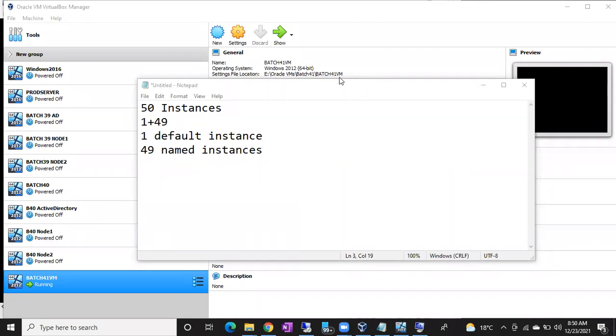The default instance server name will be your computer name. As your computer name is not shareable, imagine if I could install one more default instance. While connecting to SQL Server in Management Studio, if I just give the computer name, which instance will it connect to? Difficult thing, right? The naming conflict will arise. That's why I can install only one default instance, and I can't install another default instance per machine.